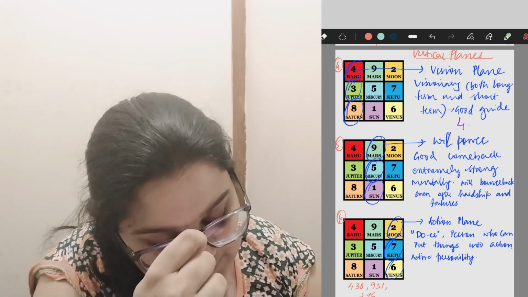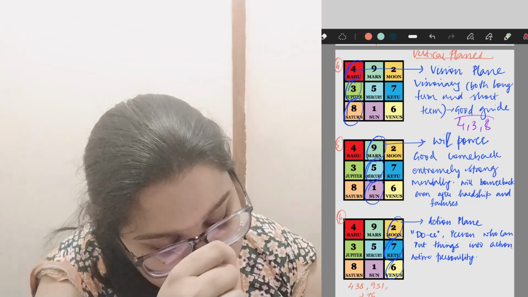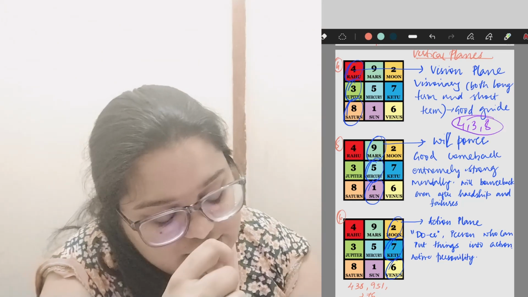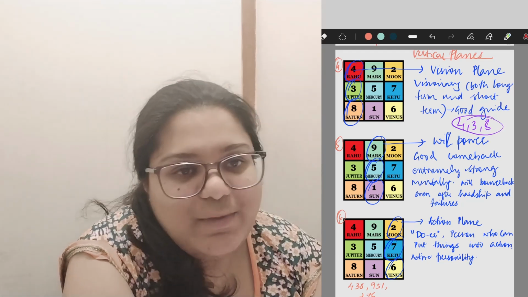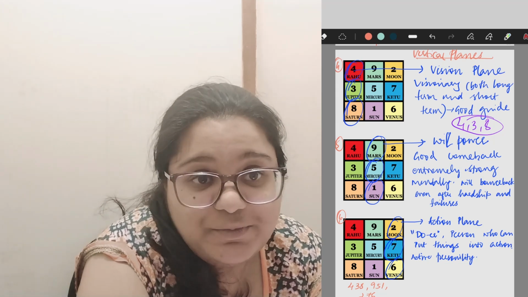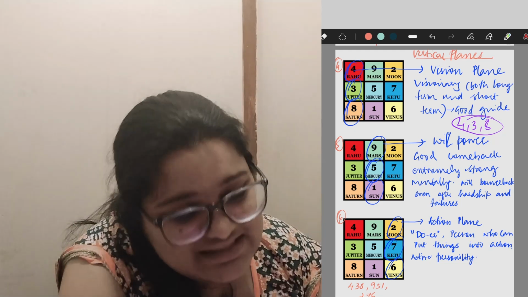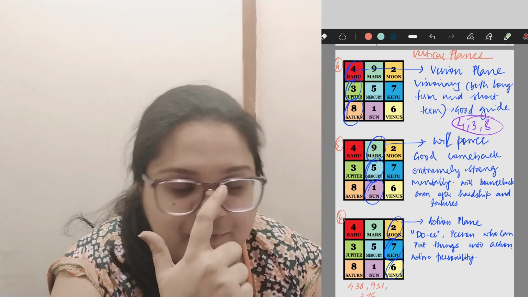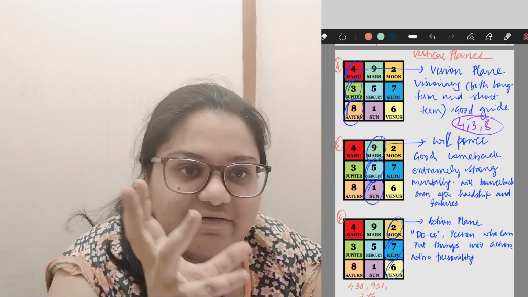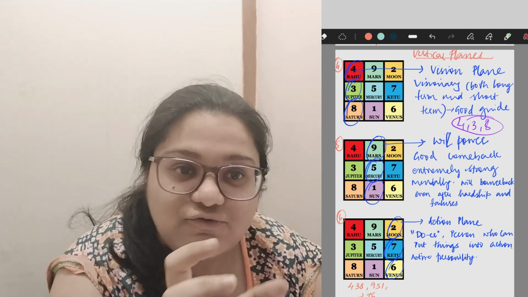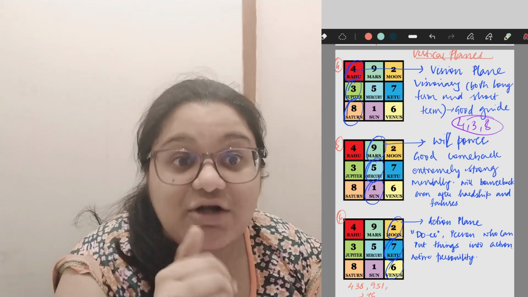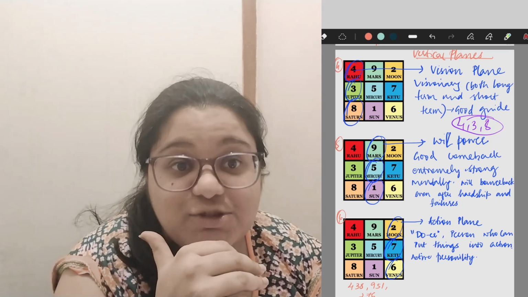Now the first thing we will look into are the numbers 4, 3 and 8. Again, attributes associated with these numbers are considered. Basically 4 is Rahu, 3 is Jupiter and 8 is the planet of Saturn. So these planets, when looked into, you can see this is basically talking about the visionary plane. The reason why I say this is Rahu, when you talk about the number 4, it is extreme energy. Things happen very fast. There's a lot of attachment to the thought, a lot of attachment to the idea of it.